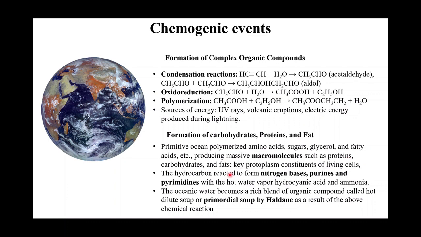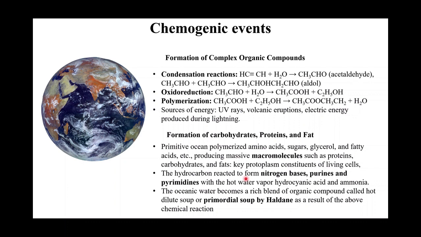So you see the hydrocarbons now, they react to form nitrogen bases, purines and pyrimidines. Purines and pyrimidines means adenine, thymine, guanine and cytosine. Now, if you just go back to the structure of these nitrogenous bases, you will know there is a sugar, there's a phosphate, and there's a nitrogenous base. You have all these raw materials present now to form DNA, to form a genetic material that can polymerize itself